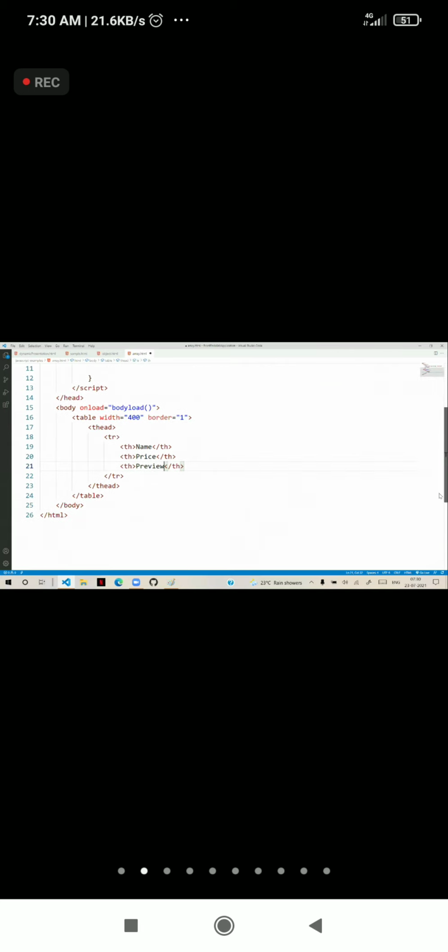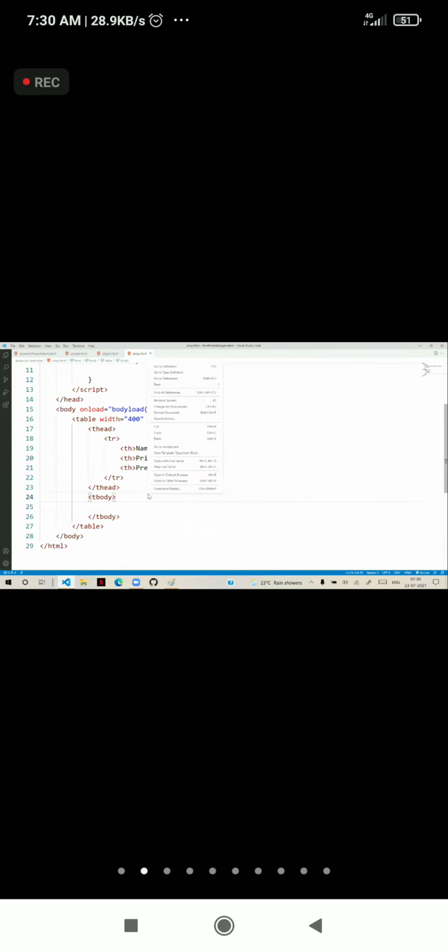Now under this, we have tbody, the table body. In this body, we need to generate a row. That means we need to collect the data from that array and present the data in this table.